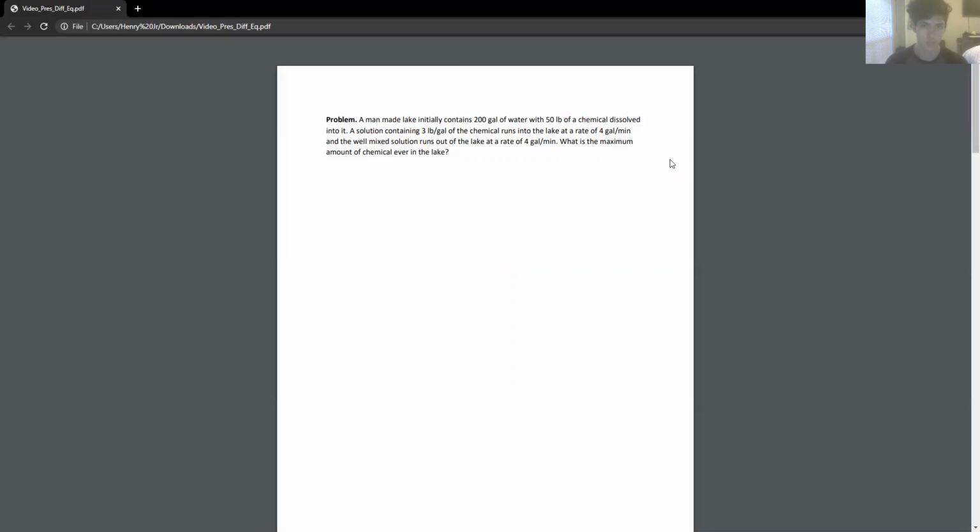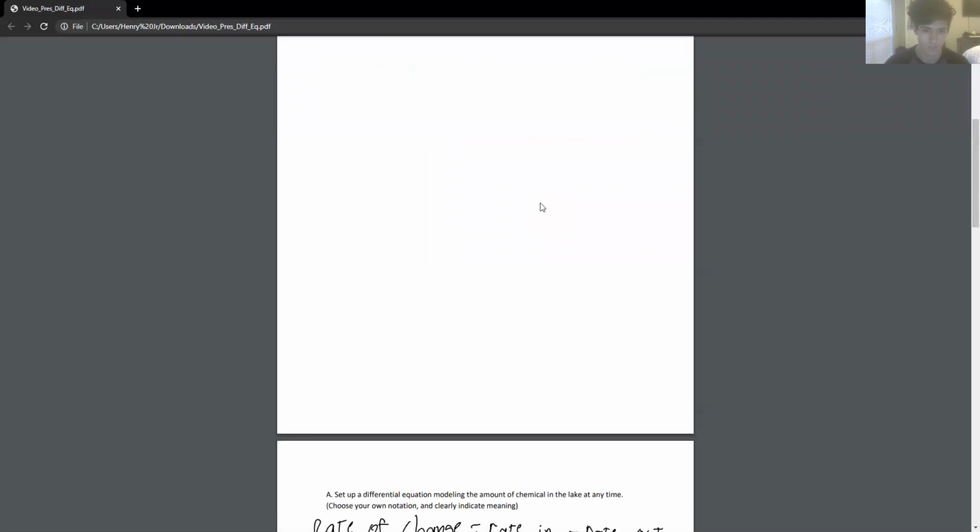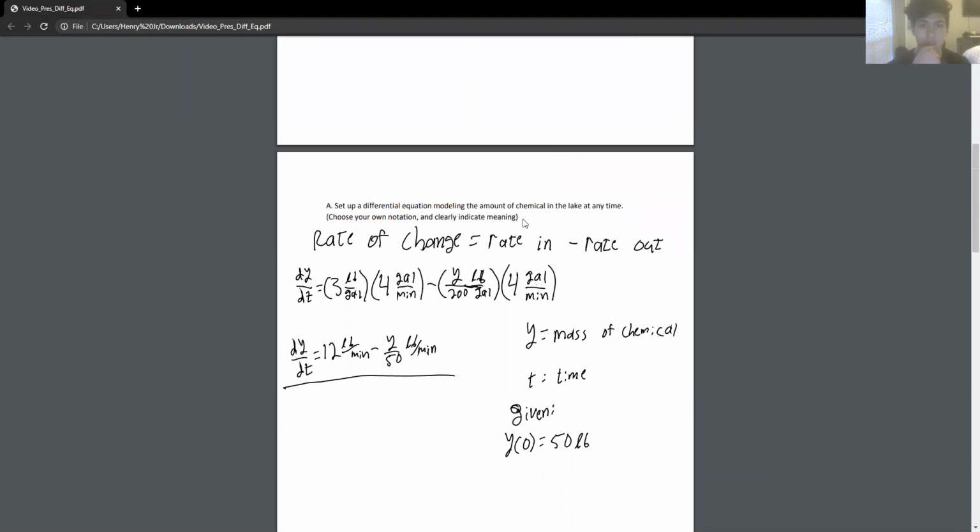Alright, the problem we have says a man-made lake initially contains 200 gallons of water with 50 pounds of the chemical dissolved in it. Solution containing 3 pounds per gallon of the chemical runs into the lake at a rate of 4 gallons per minute, and the well-mixed solution runs out of the lake at a rate of 4 gallons per minute. Now, to find the maximum amount of chemical ever in the lake, we set up the differential equation,